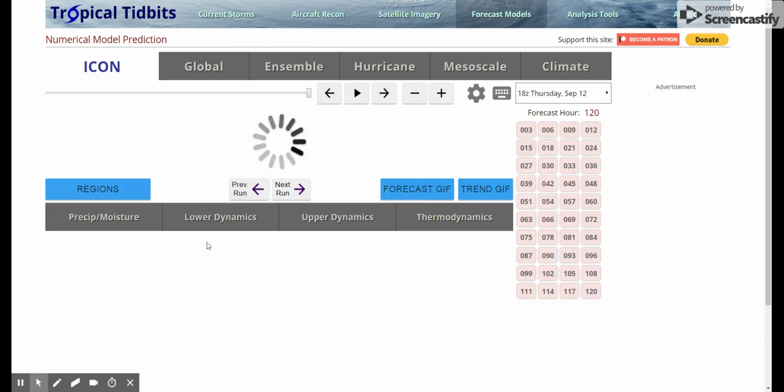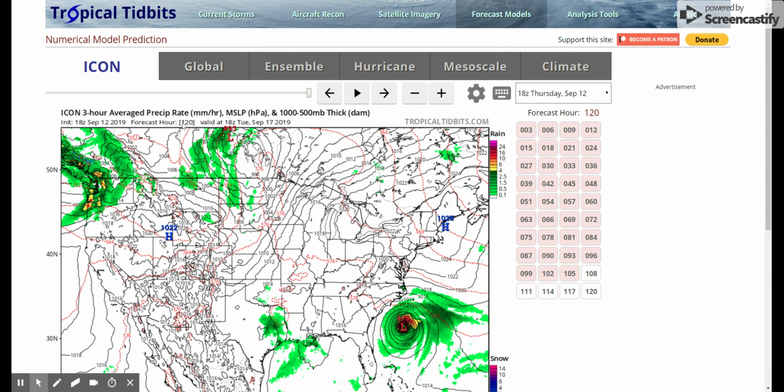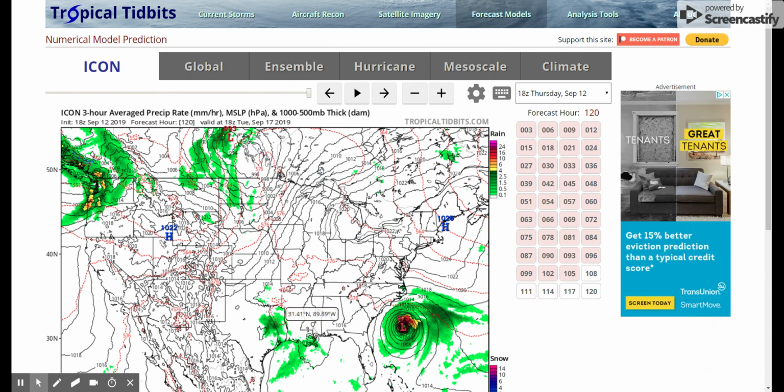I go to a different model here. The ICON indicating the exact same thing, very similar, maybe a little bit more off to the east than what this is indicating, but look where that high pressure is. It depends on if it runs through the high pressure or not. Currently,